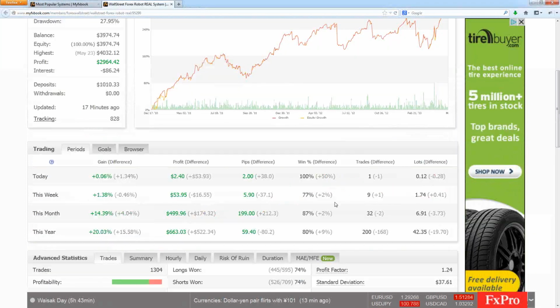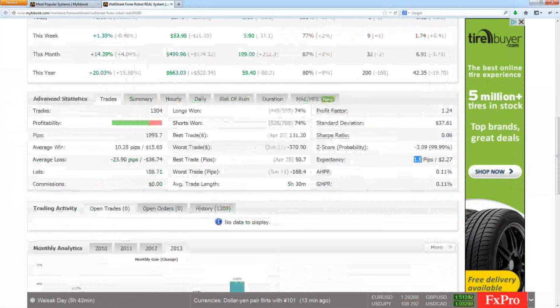Okay, so like I said, we look at the Sharpe ratio and expectancy, and I can tell you these are both pretty low. When we start doing some comparisons, you'll see. Basically, the closer to 1, the better. You're not going to really find anything too close to 1. Some of the best systems are going to be 0.2 to 0.3. An expectancy,